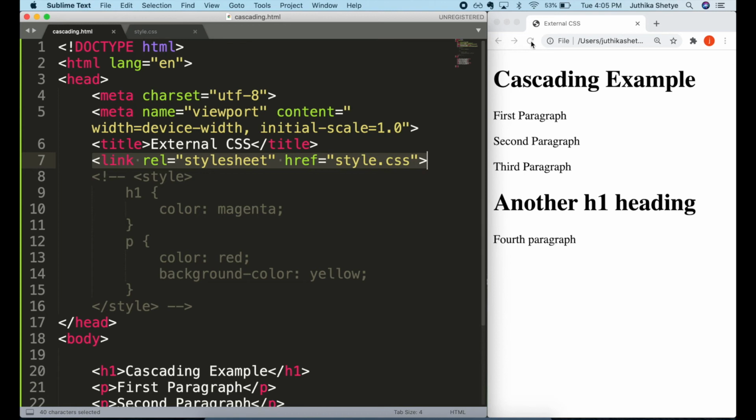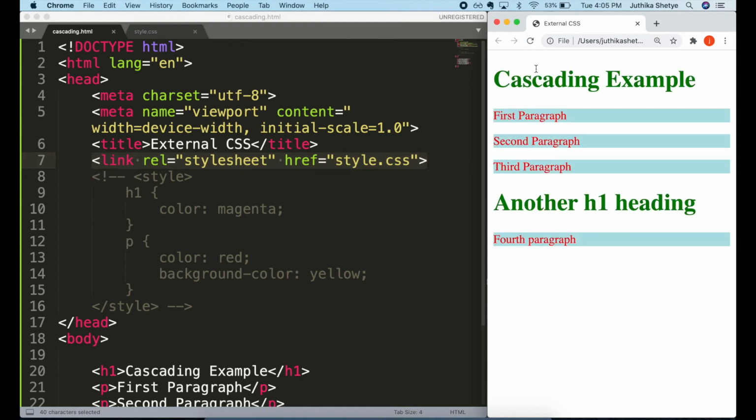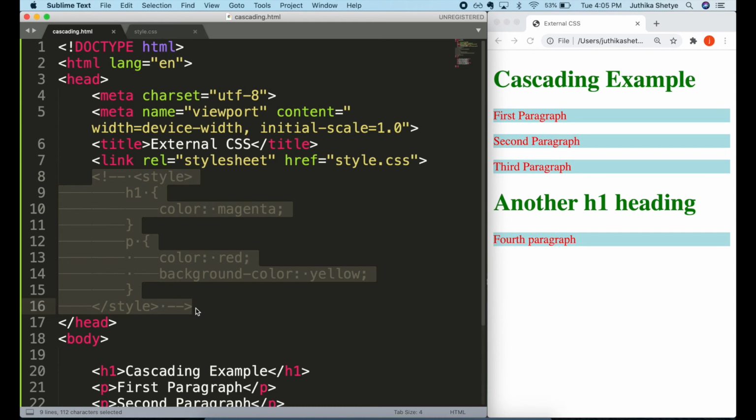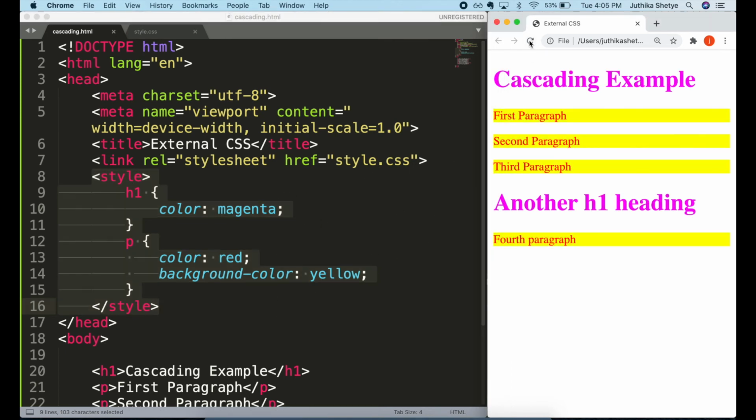Because if so, I'm going to overwrite my browser defaults and put in the rules that are in the external style sheet instead. Next, it's going to check for internal style. That style you have written in the head section. Because in general, the browser thinks, well, maybe there's something really special about this particular page, and here they want me to do these rules instead.